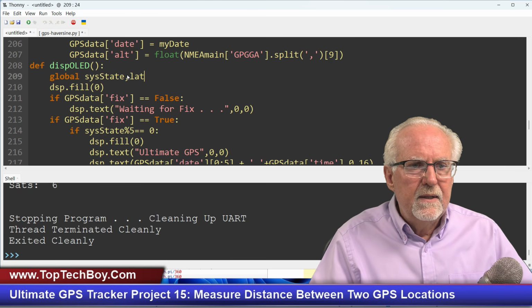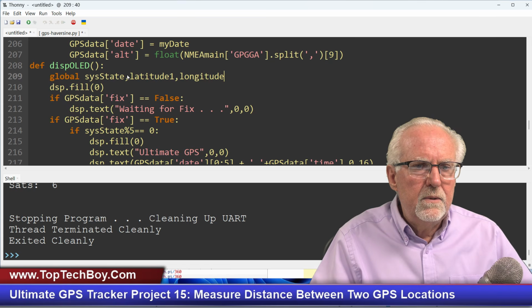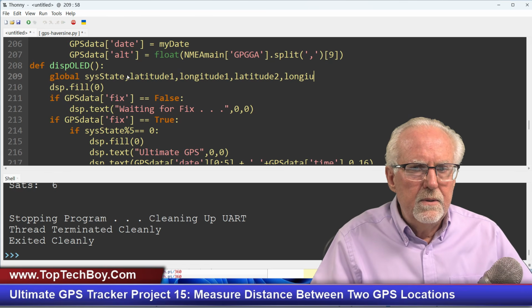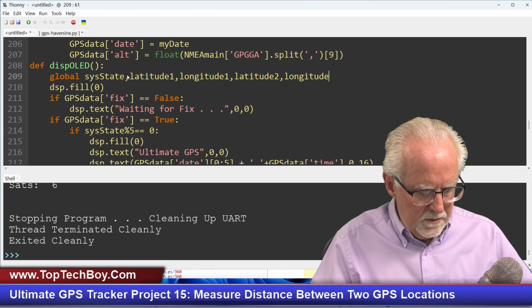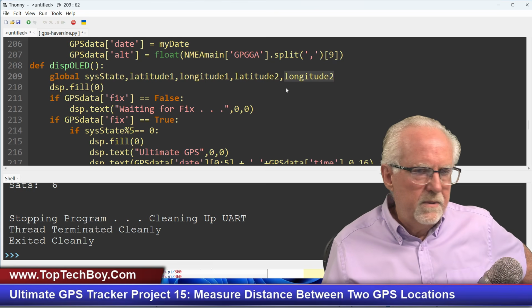So I'm going to say latitude 1, longitude 1, latitude 2, longitude 2. Latitude 1, longitude 1, latitude 2, longitude 2. Okay,